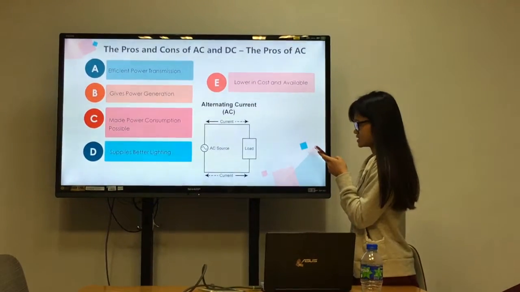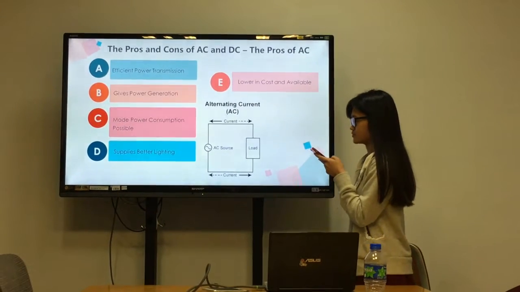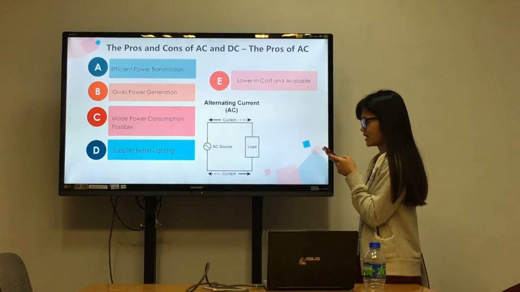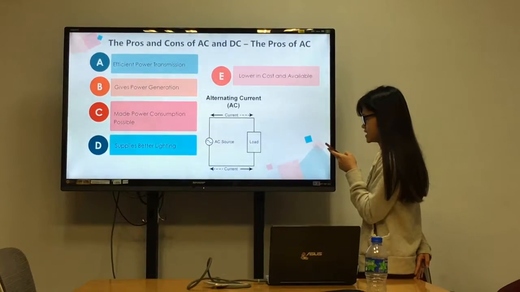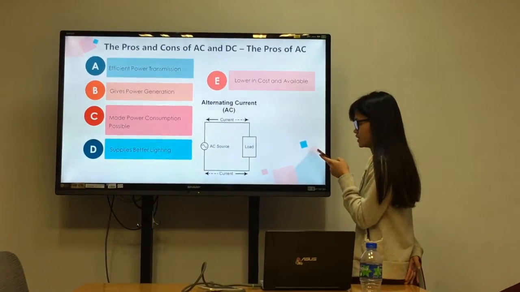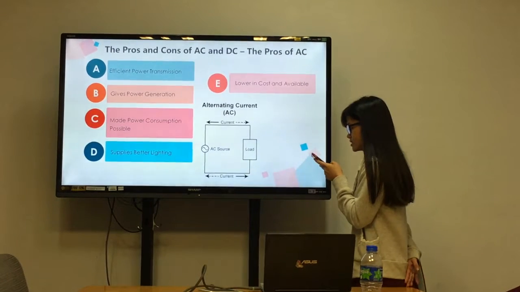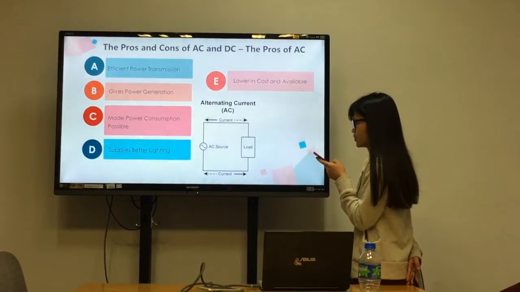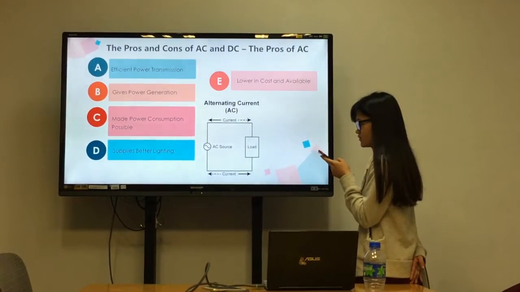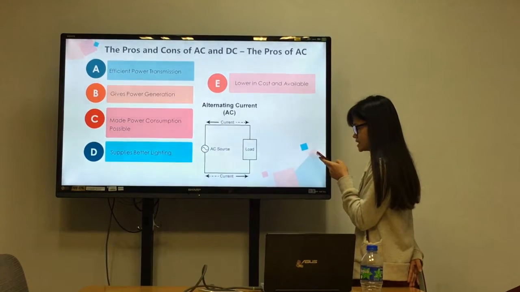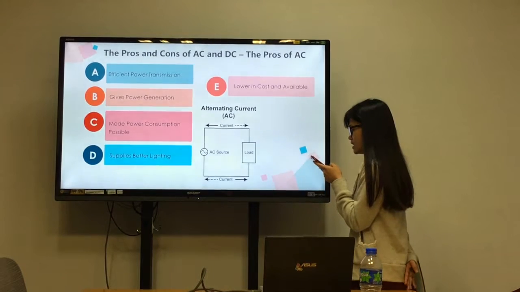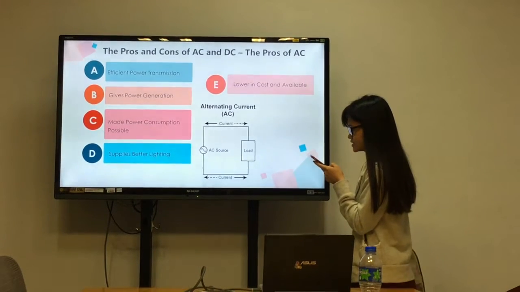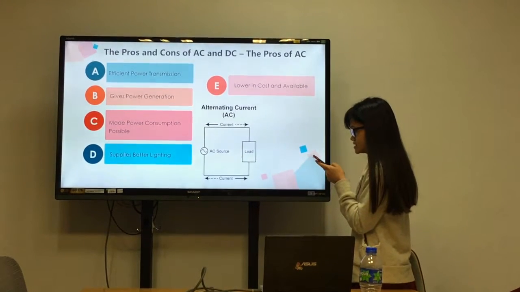With the absence of commutators and brushes that DC machines use to generate electricity, power generation is also one of the advantages of AC. The AC induction motor is also preferable to use than its counterpart, and it supplies